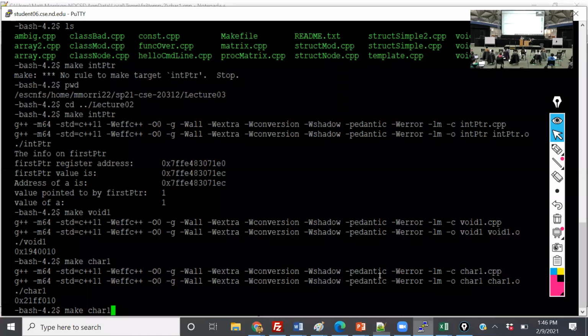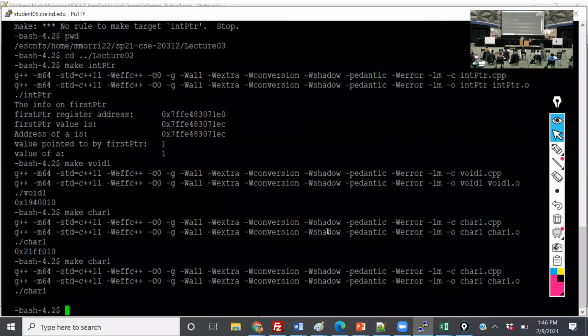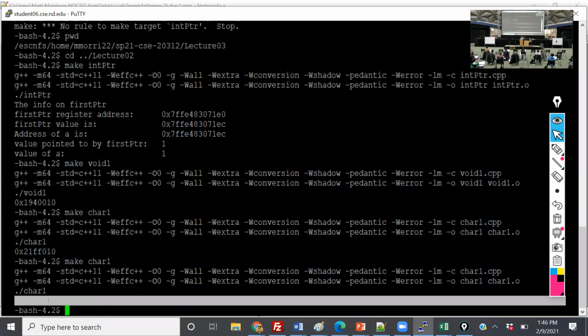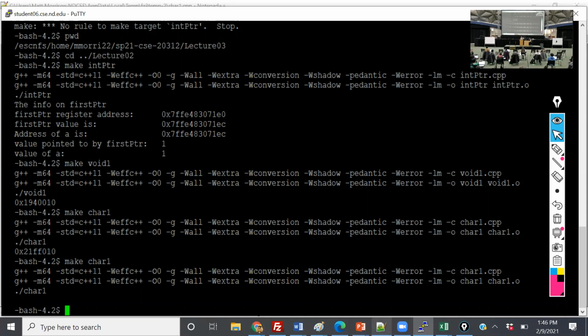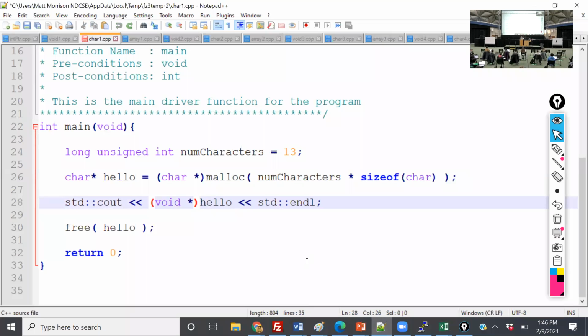So when I run make char1, right here, it looks like it's printing nothing, but it's actually something. It's 8 nothings. So that's the important reason why it's important to understand at different levels of abstraction what's going on. But I really liked your guess. So let me fix that code so that way I can do the same demo in next semester's class.